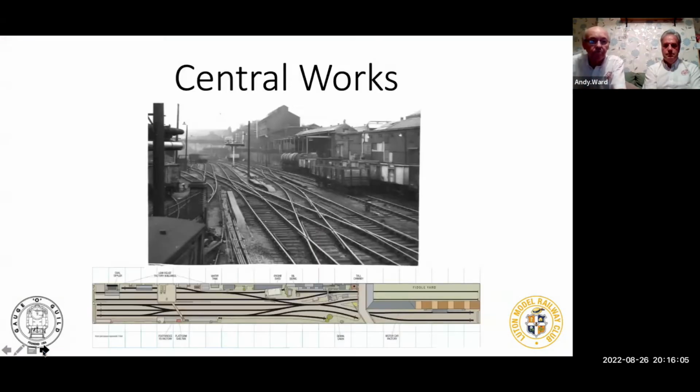Next slide. Okay, so for each of the layout descriptions, we do away with the red highlighting banners. And what you're seeing here is an image of the Central Works location, although it's not really called Central Works. If anyone looks at a map of the Longbridge factories and the rail complex that was inside it, they were called North Works, South Works, and so on. So taking the name of Central Works gave us something that linked all that together, but it also gave us an opportunity to have something that was slightly more agnostic, and it gave us a reason to therefore choose